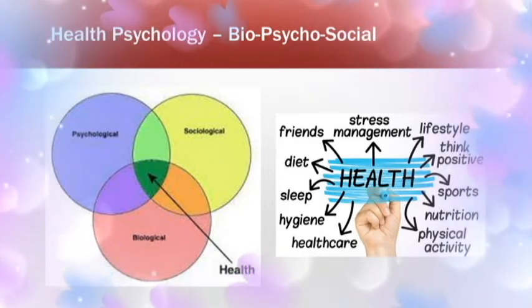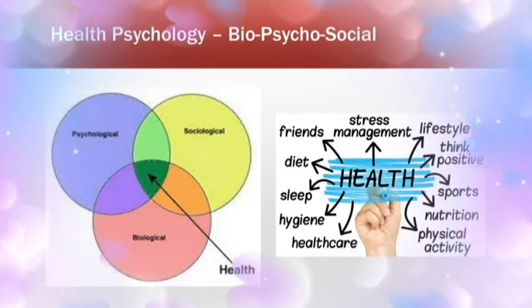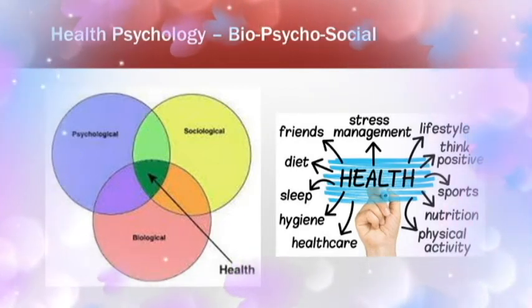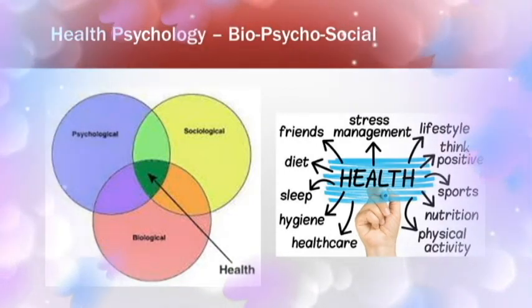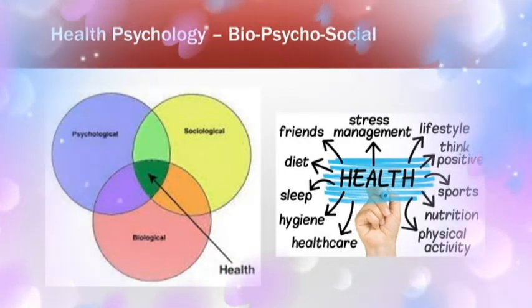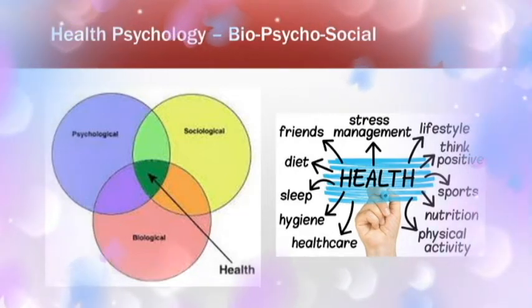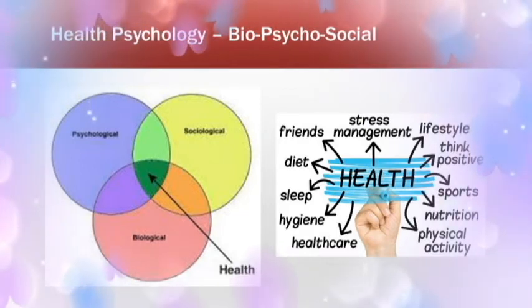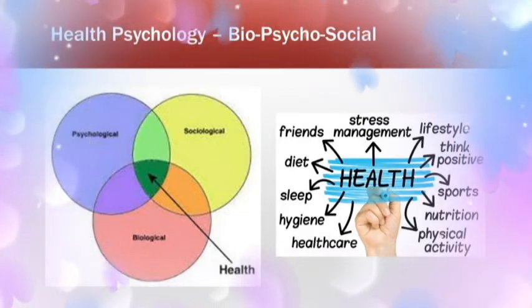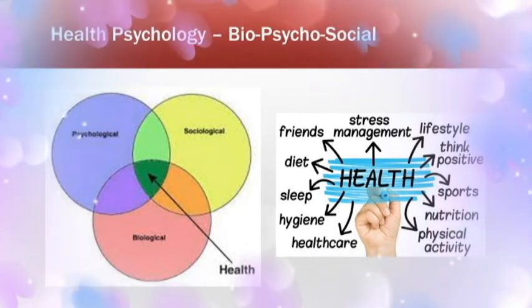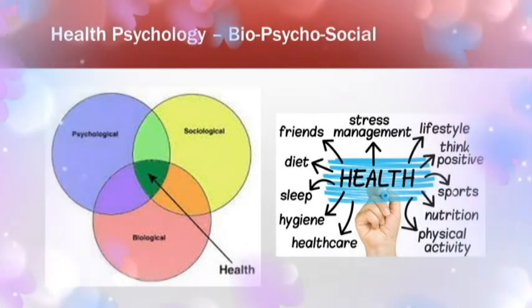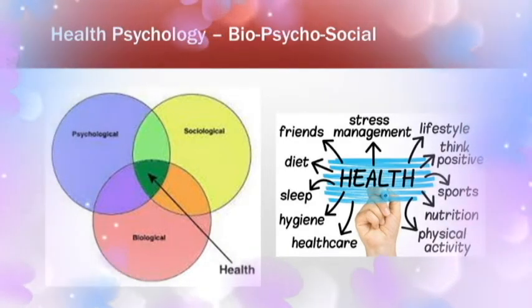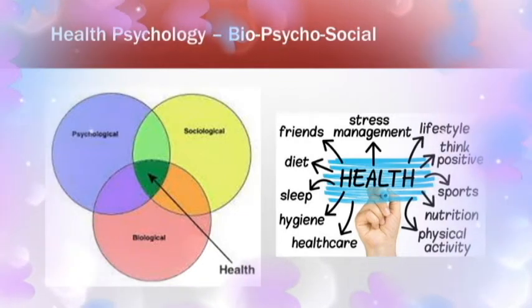Health psychology suggests that human beings should be seen as complex systems, and that illness is caused by a multitude of factors and not a single causal factor. Health psychology, therefore, attempts to move away from a simple linear model of health and claims that illness can be caused by a contribution of biological factors, so things like bacteria or a virus, and psychological factors, behaviors and beliefs, and social factors, employment and financial factors.